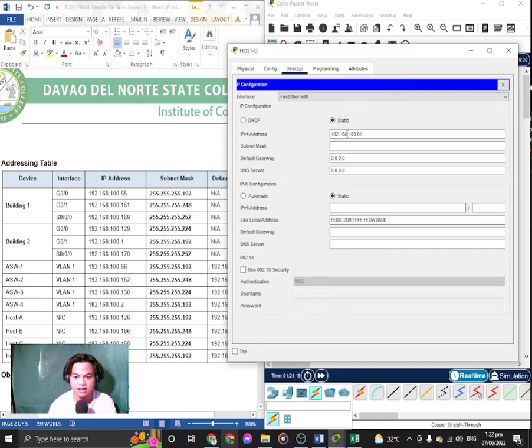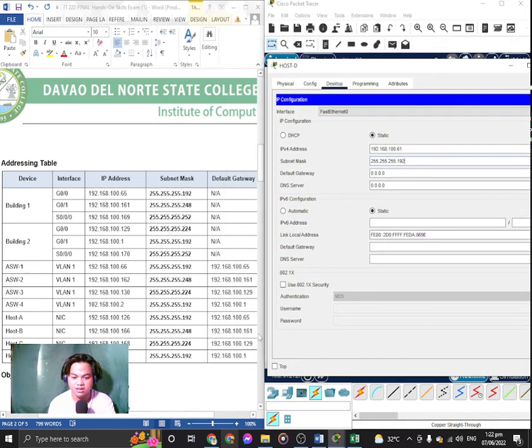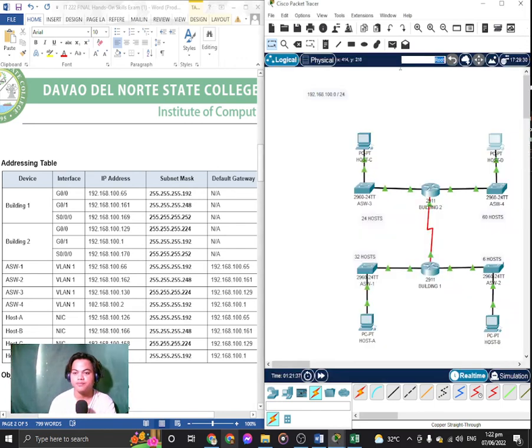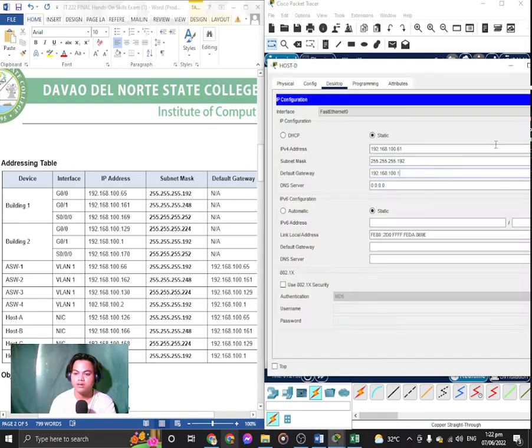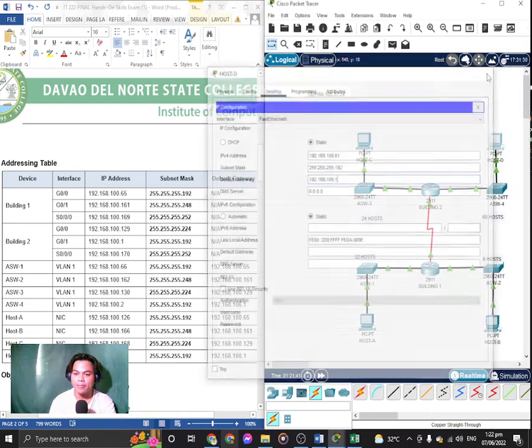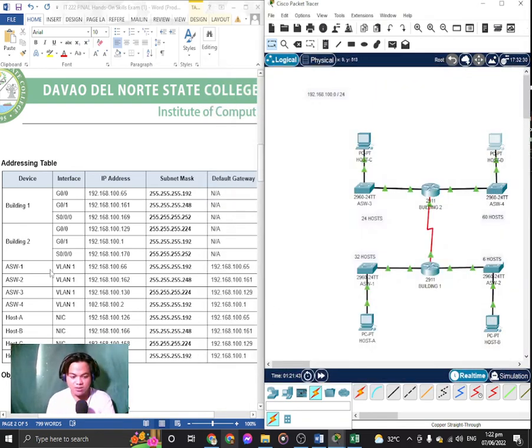192.168.100.61, atong ibatang daya 61. And then subnet mask pala rather. Okay, 192. And then the default gateway is 192.168.100.1. Okay. Okay na siya. So now, okay,